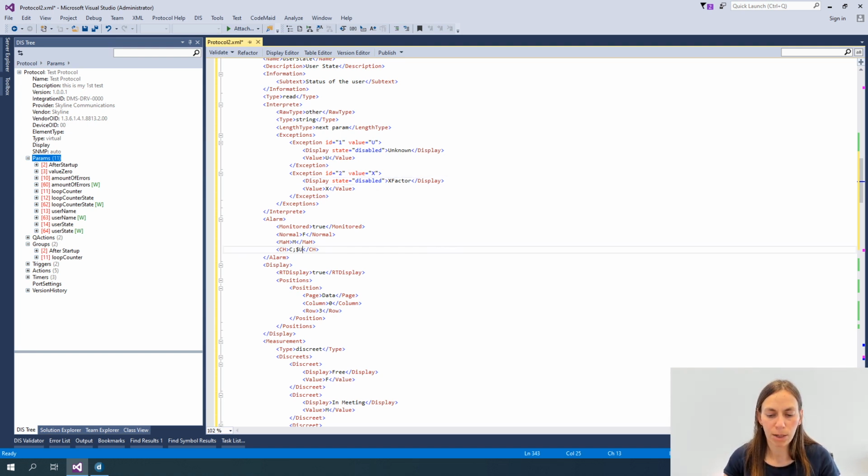Again, I can have my dollar sign X. So from my exceptional list, that's the dollar, whenever you get the U, you will need to display unknown, but that's the one we're going to use in our alarm template as well. So in our alarm template, we're not going to see U, we're going to see the display value as well. Let me remove the X factor in here